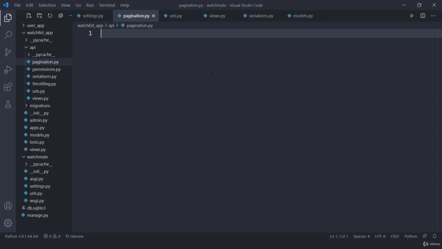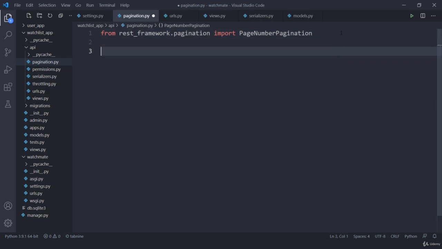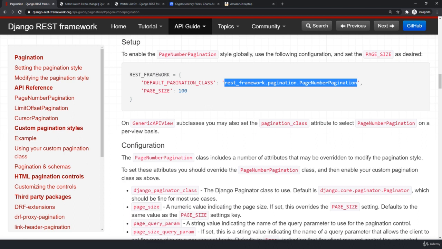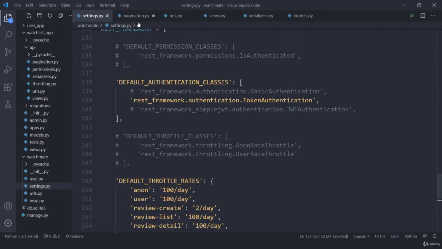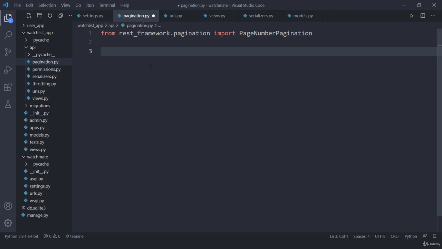and import this in our pagination.py. So from my REST framework pagination, I'm going to import this class and then I'm going to create a custom class. Why? Because I need to rewrite the page size. Currently they have a page size of 100, but I need to redefine it, and I don't want to do that globally. I am defining it inside my pagination.py,